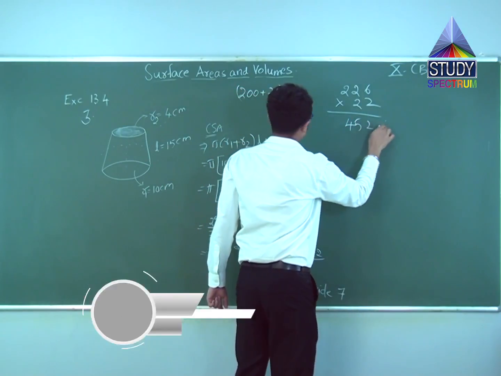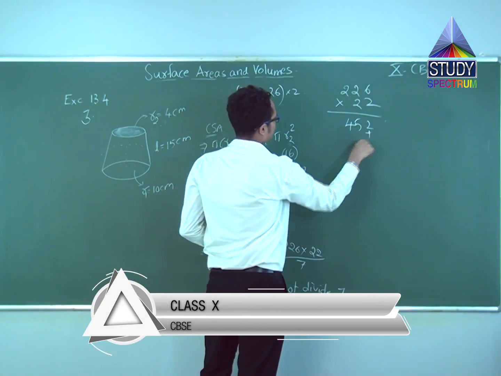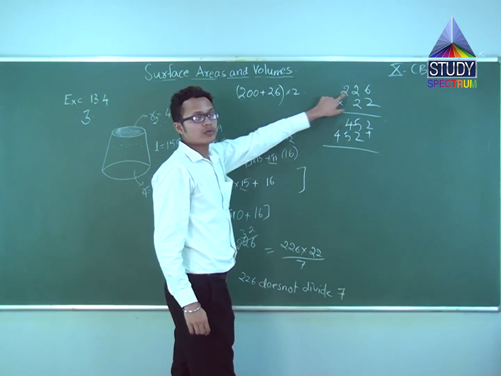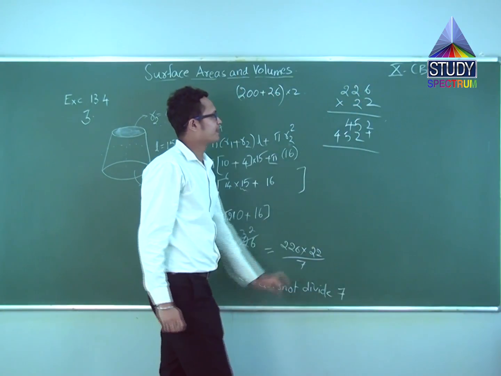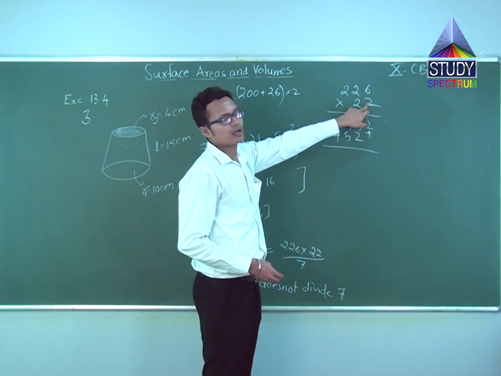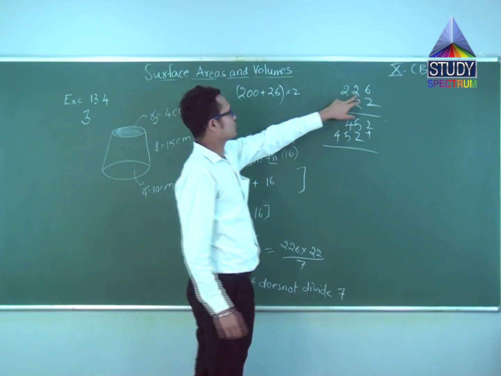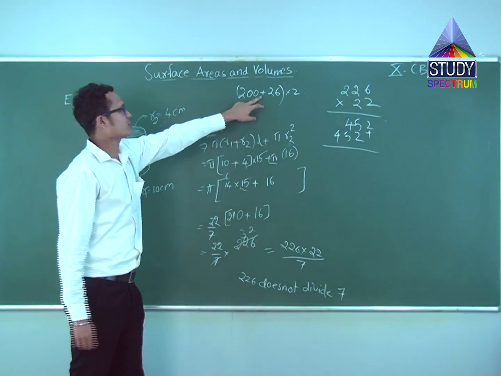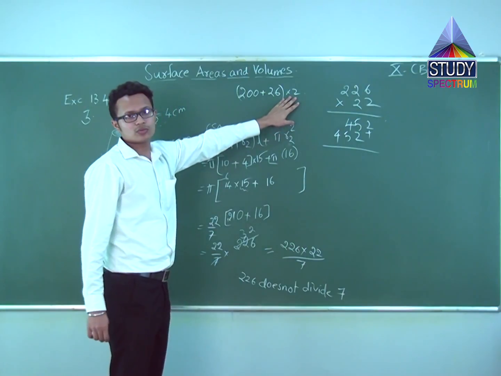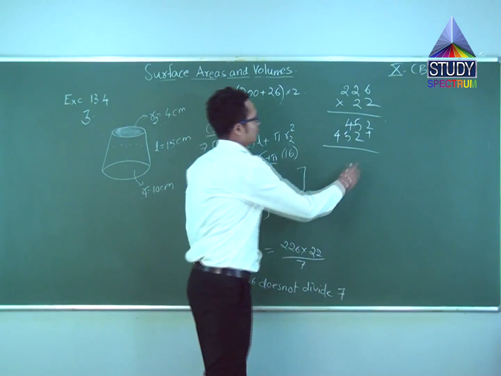These are simple shortcuts that you need to know to save the time. Plus 452. Why 452? Because again we are multiplying 226 by 2. I will repeat this method. We are not going to multiply individual digits by 2. What we are going to do is split 226 into 200 plus 26 in mind, and multiply that by 2. 200 into 2 is 400, and plus 52, that is 26 into 2. So this is